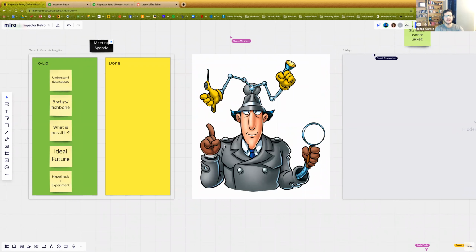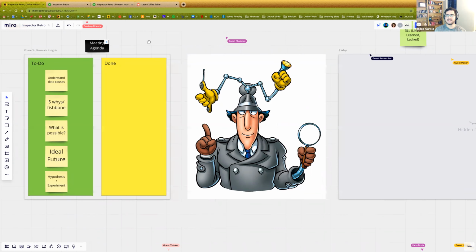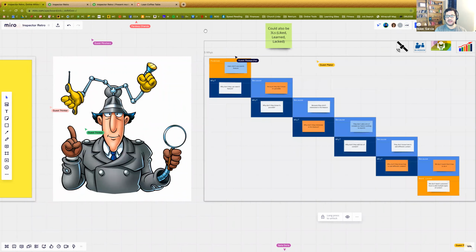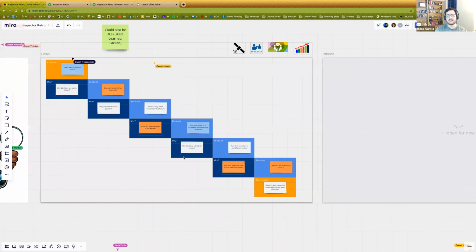Bring those into generate insights and understand what the causes were. Understand why that thing is happening. Something is happening, whether good or bad, and you want to try to understand it. So help the team dig into it. Two ways to dig into things are the 5 whys, which I will reveal here. 5 whys are classic, actually from project management. This is just a demo, but essentially you ask why 5 times. Now there's some people who say you can do other things. I like 3 L's. There's ways you can dig down.